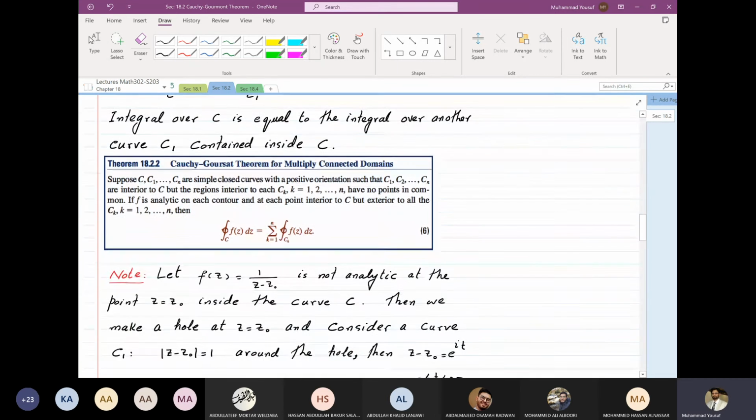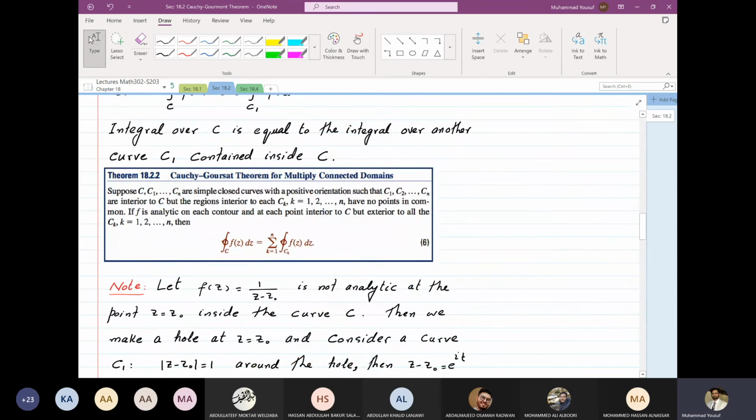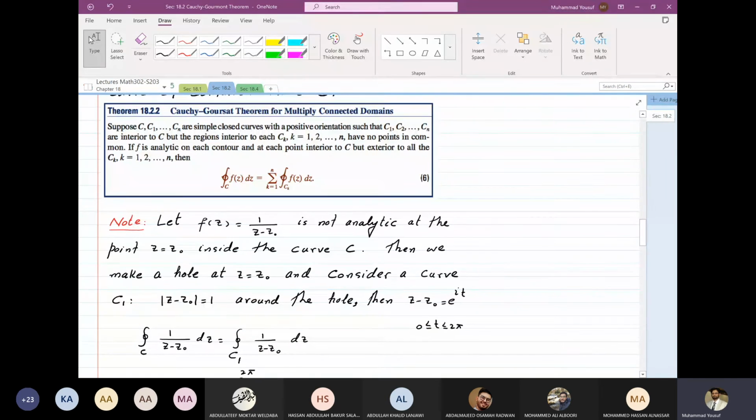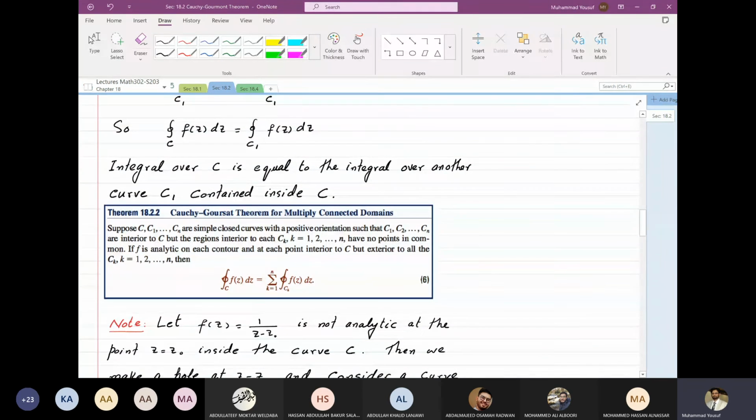And I have written here, the integral over C is equal to the integral over another curve C1 contained inside C. And this idea is true not only for one hole, but for n holes, which is given by this theorem. Suppose C and C1, C2, ..., Cn are simply closed curves with a positive orientation such that C1, C2, C3...